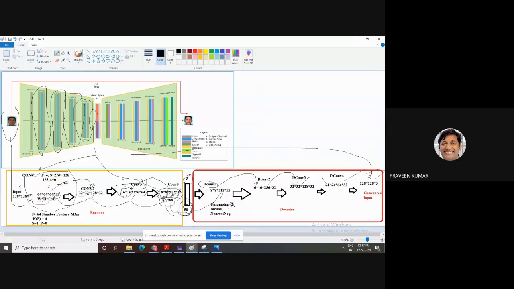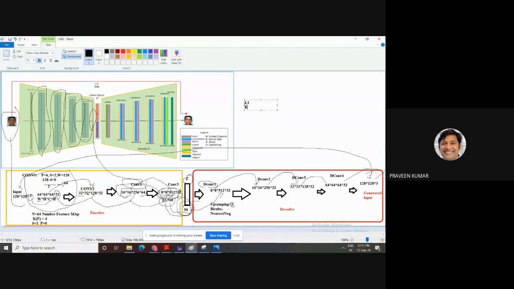Then we need to calculate and back propagate. This back propagation we can perform with the help of 3 loss functions. These loss functions are L1, then L2, then perceptual loss. This perceptual loss is based on a pre-trained model like VGG net, AlexNet. Then you may go for VGG face. Based on this loss, we can back propagate our network.